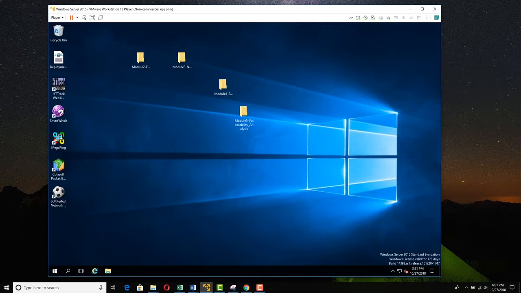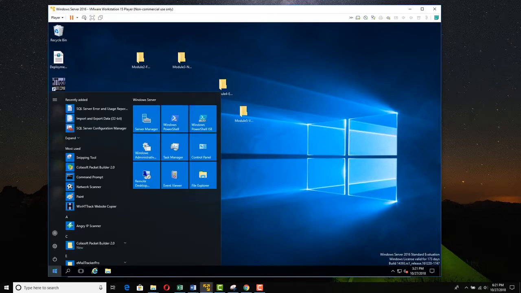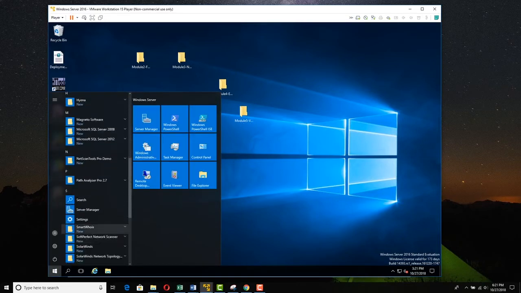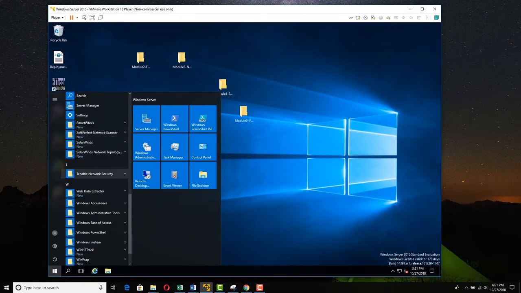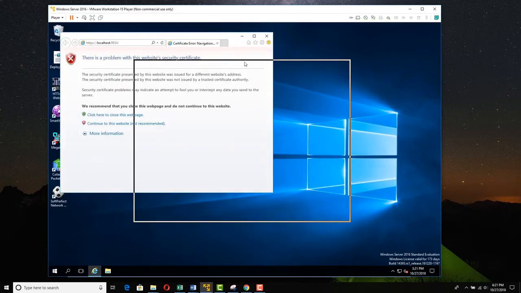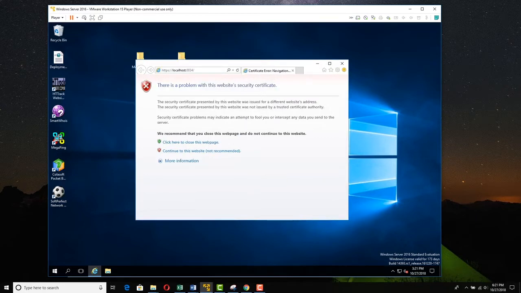You can go and get Nessus from Tenable, and you can install it, which we've done. You'll have to sign up for an evaluation license. So I've installed Nessus, and I'm just going to click here in 2016, and I'm going to go down to Nessus, and there it is, or actually it's down in Tenable Network Security, and I'm going to expand that. Here's the Nessus web client, and I'll click this, and so it opens a browser to the Nessus software, and